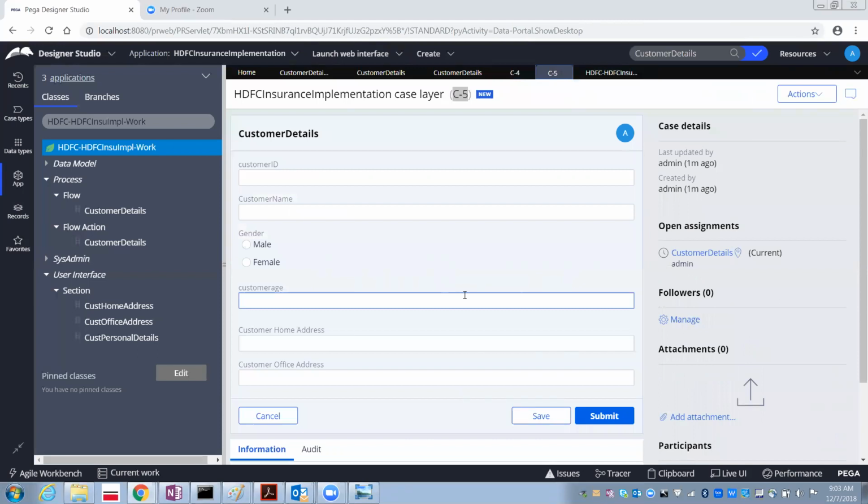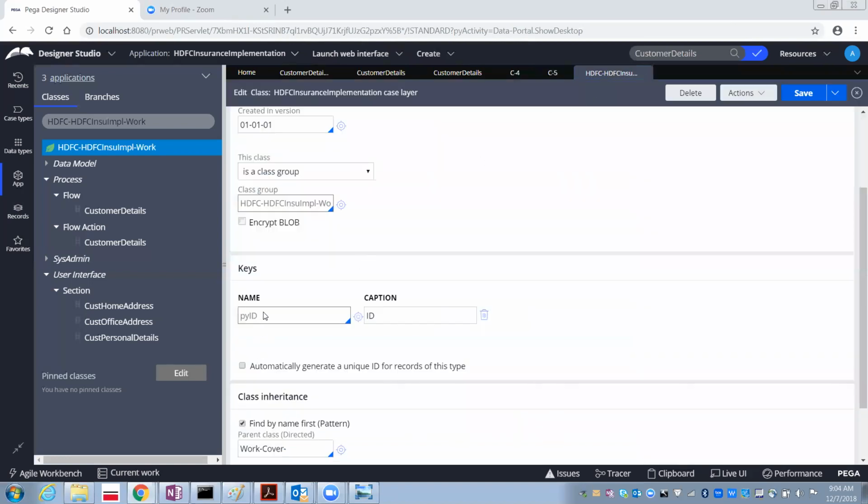This ID is generated by the Pega system itself by default. So as many work objects as you create, that many the count is going to increase automatically, and this value will be referred from the property pyID. Any doubts, or is it clear?